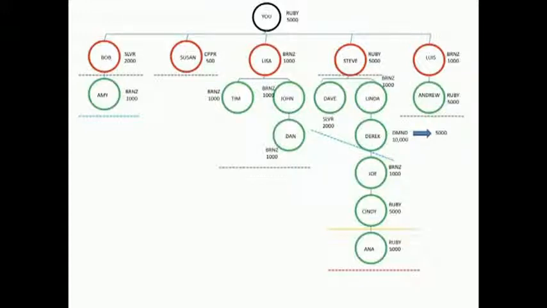Now remember, Bob brought in Amy. So Amy is going to be also in Bob's sponsor tree. And Susan hasn't sponsored anyone yet. Lisa brought in Tim, John, and Dan, so they're in her sponsor tree. And there's everyone Steve brought in, and Luis. So this is what your sponsor tree would look like. Notice Karen, who was sponsored by your upline, is not in your sponsor tree. So the commissions from Karen's organization would not count for your generation check match.